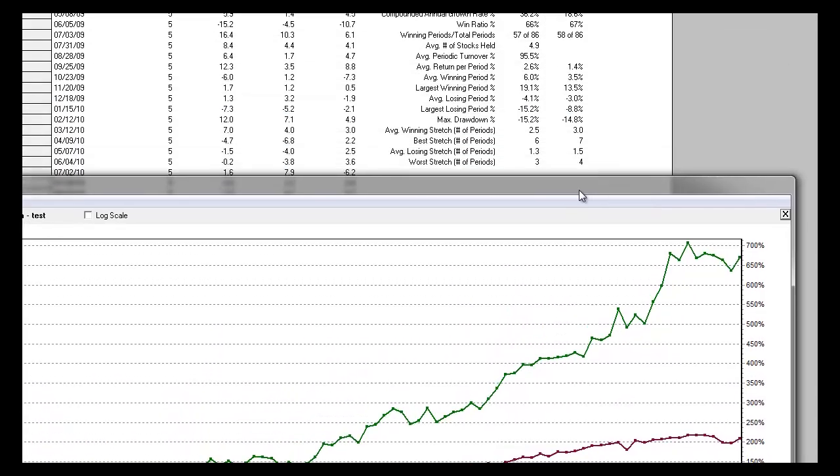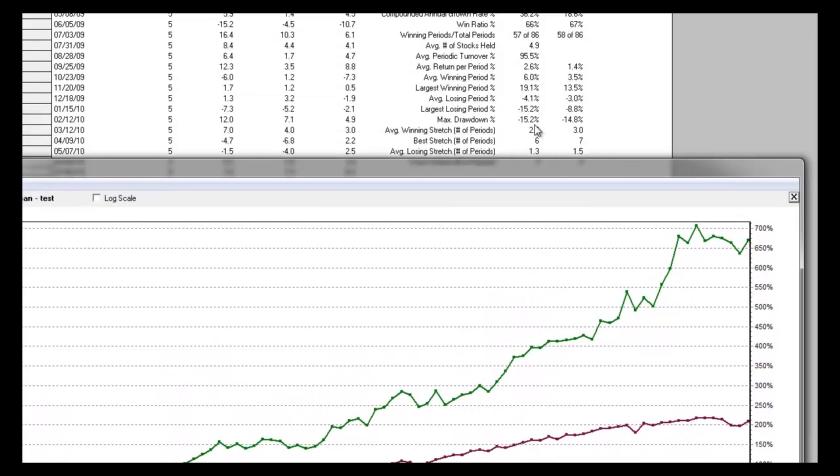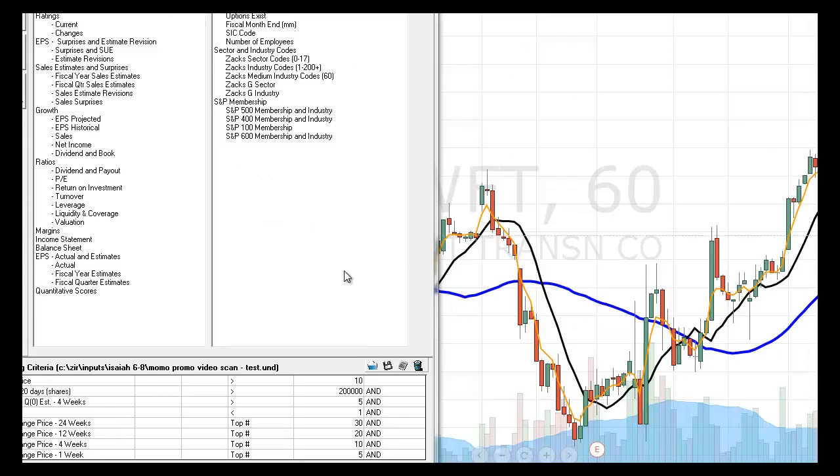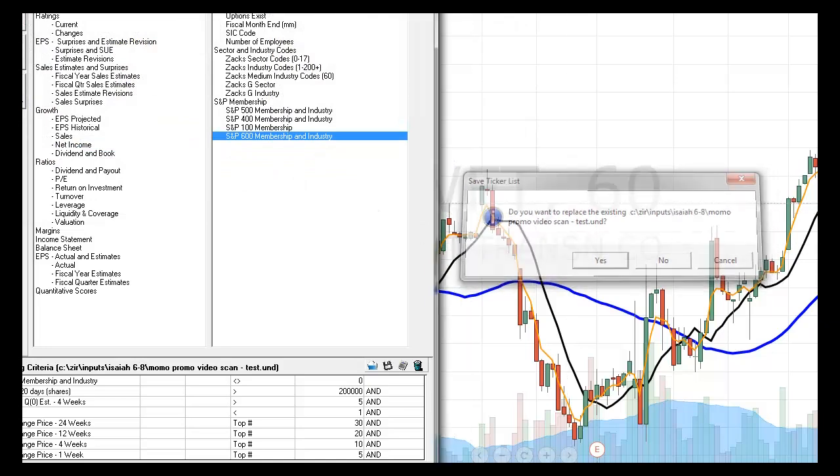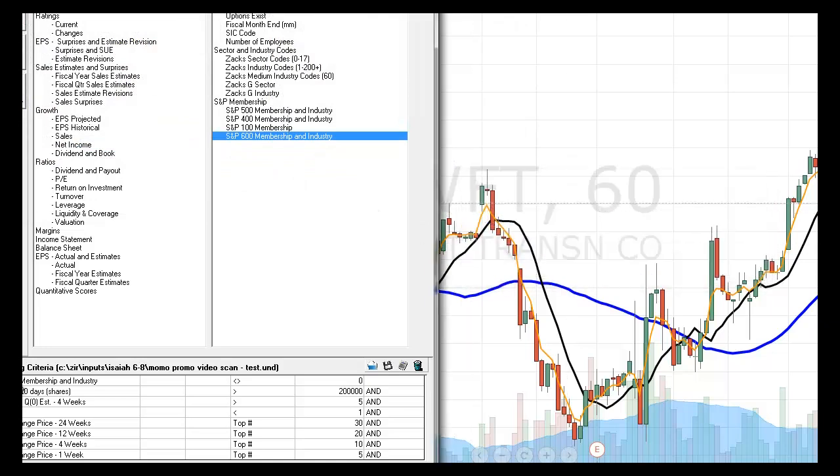Now, look also, the drawdown is only 15.2%. We're only trading 5 stocks versus 500 stocks in the S&P 500. So this is a very, very robust system. These are the kind of drawdowns that you can live with. Now, watch what happens when we put in one last filter. We're now going to require that all the stocks that pass through our screen are members of the S&P 600. The 600 is the S&P stocks that are small cap stocks. And we're ready to backtest this system with the requirement now that all stocks passing through our filter are small